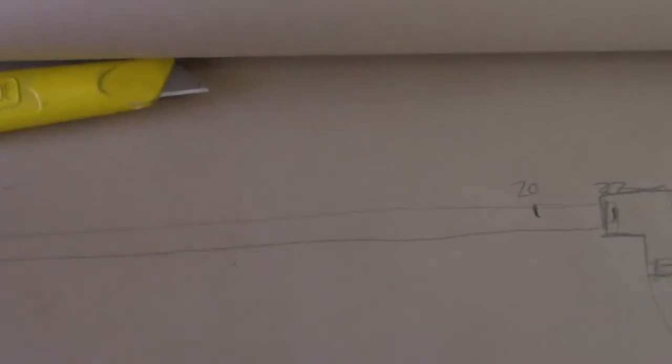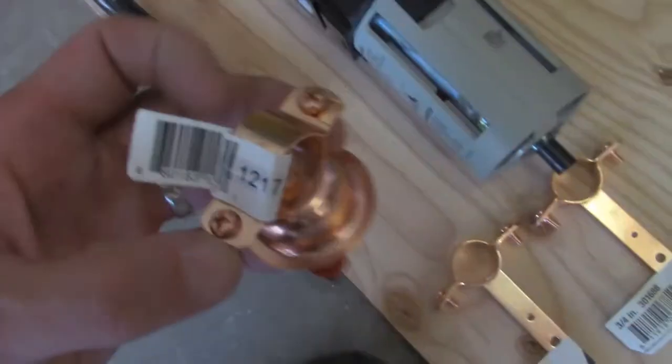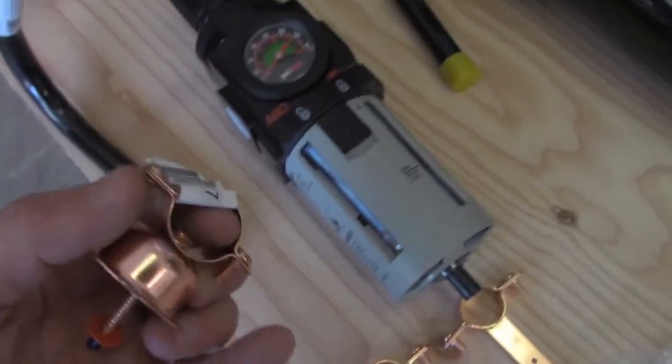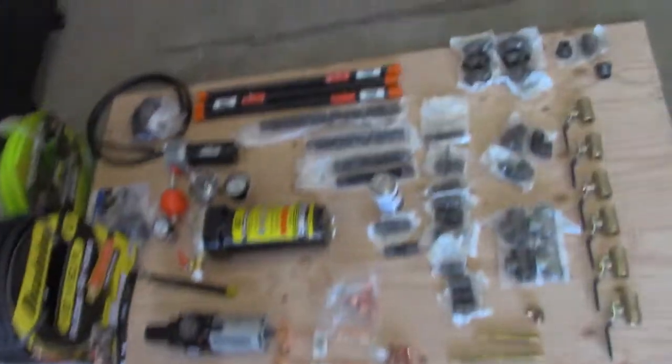So if you come over here and you look at my diagram, I'm going to have this air hose at the top. That's actually going to be kind of holding everything in air. So I can mount these, or if I want to, I can mount like one right here and one right here. And then I have different straps. And I bought these type of straps. Mainly I bought the bell straps, and they're 3/4 inch. So even though I'm using 1/2 inch, the pipe is pretty big around, so you want to make sure that it's not rattling. And you could, if you want to, put some butyl tape, which I have somewhere. You could take that tape